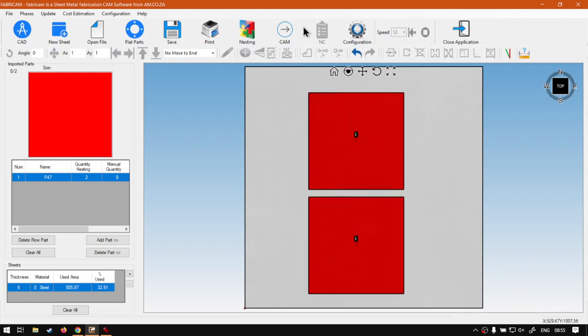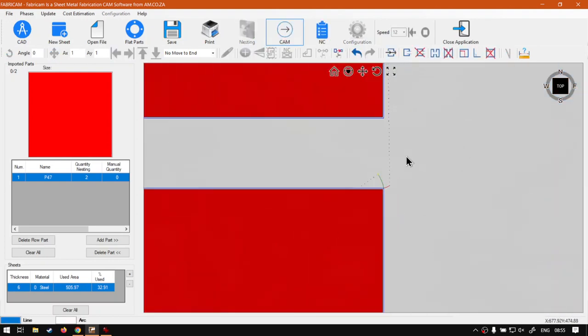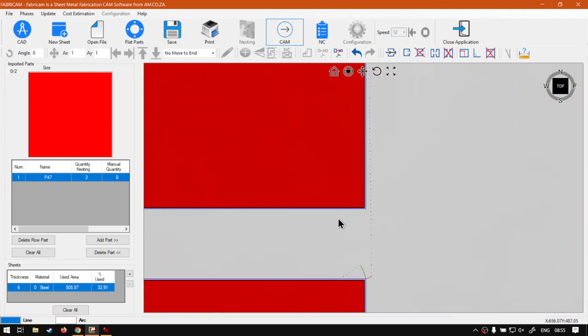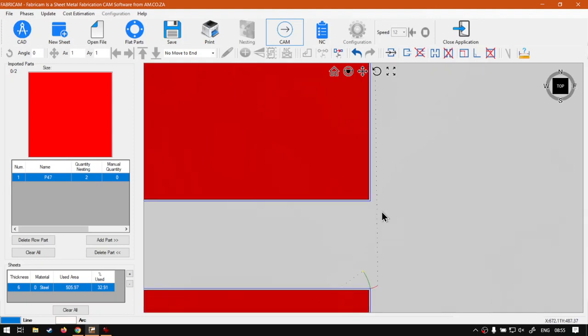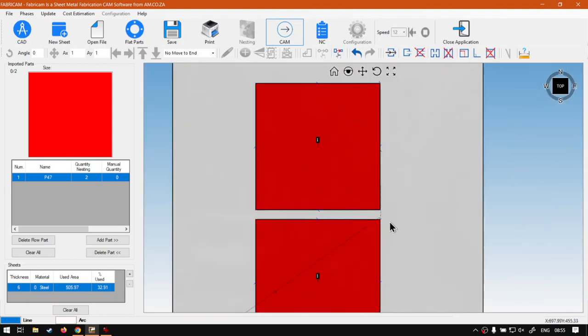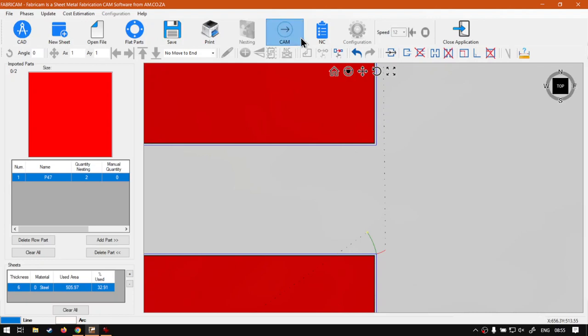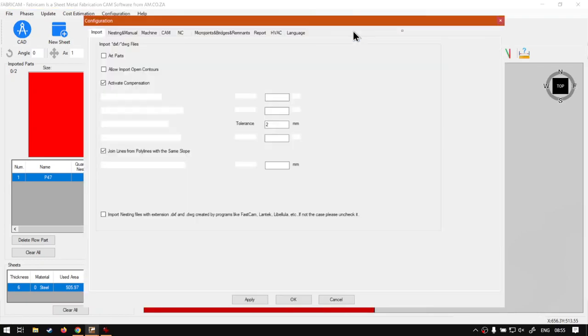So now currently if I go into cam and I zoom in here, you guys can see that all these edges will pretty much be cutting to the edge and then cutting up, which for most cases is going to be fine. But if you want to have a very clean corner over here, then you might want to use some looping. So now what I'm going to do is go out of cam, go to configuration,